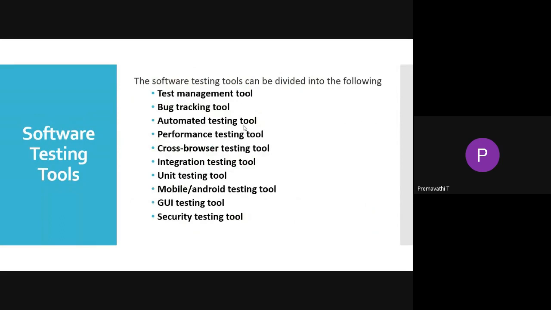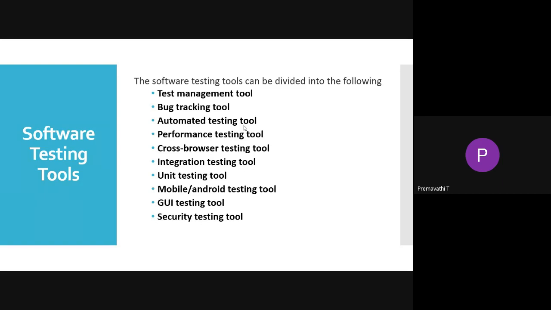The software testing tools can be divided into the following areas. The first one is the test management tool, then bug tracking tool, automated testing tool, performance testing tool, cross-browser testing tool, integration testing tool, and unit testing tool. When we were seeing unit testing, I gave some examples of unit testing tools, right?